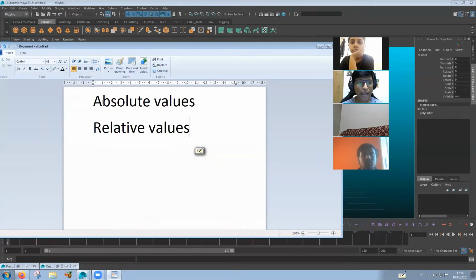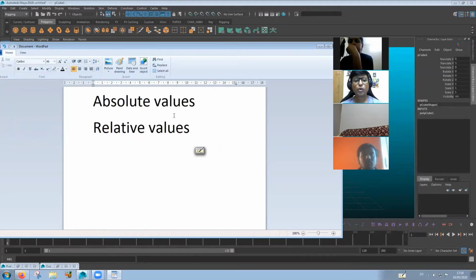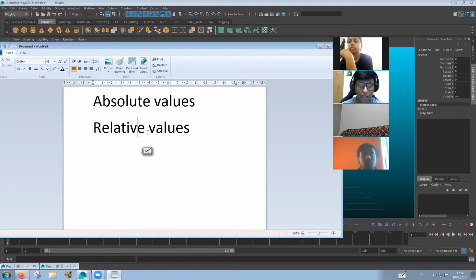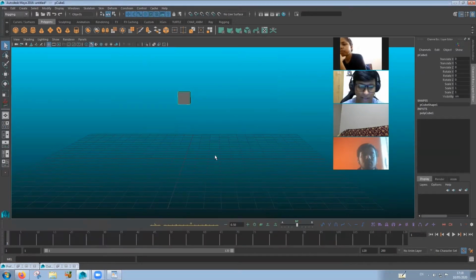So Maya calculates values, whatever inputs you give, and it separates them into two: one is absolute values and one is relative values. An absolute value is whatever is calculated from the center of the grid, right? A relative value is whatever is calculated from an object which is controlling it, or whatever the object perceives as its parent or grid. To explain that example, I'm just going to go into